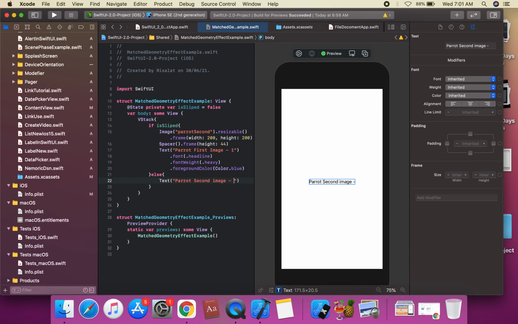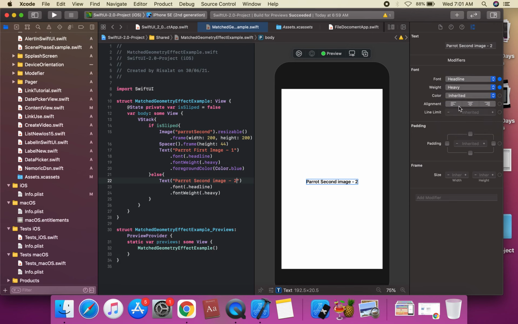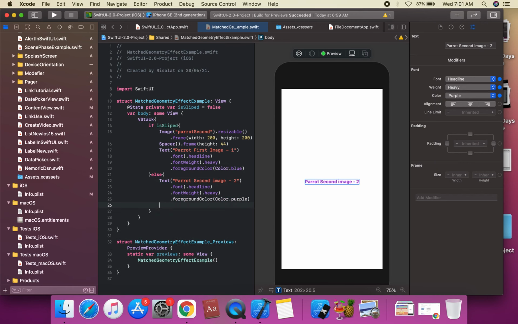We apply the headline font with heavy weight, and we apply a purple color. Then we create a spacer.